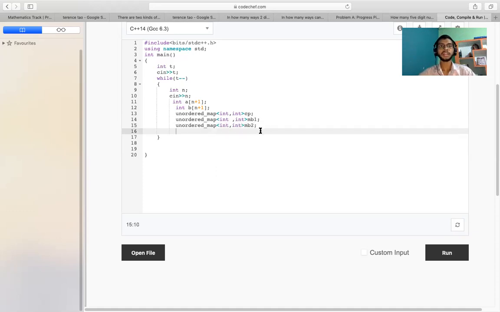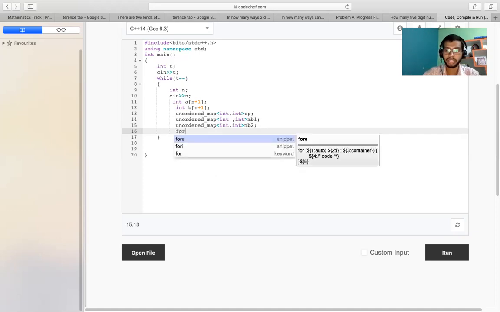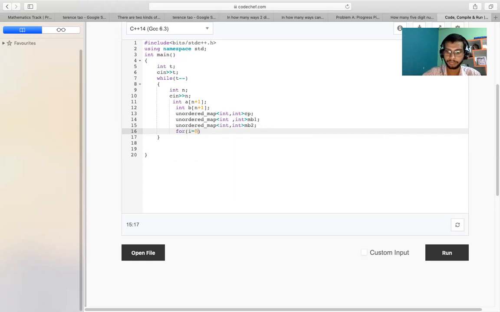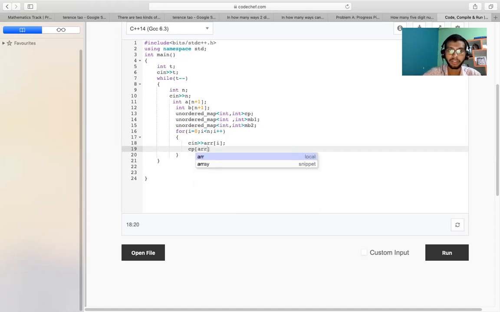So I simply included all the things, so just make array input in array, and what I'll do, I simply make the increment in values.